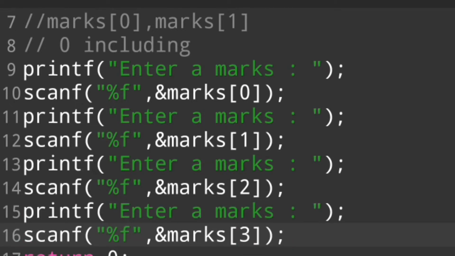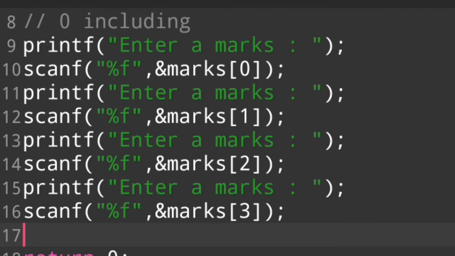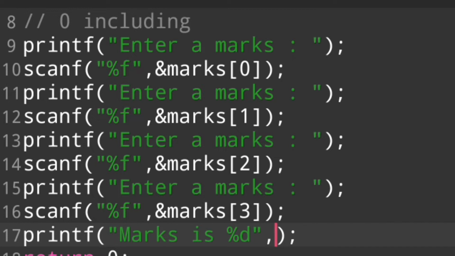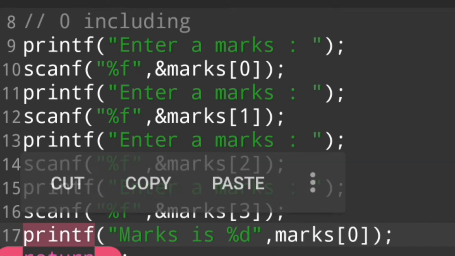In Visual Studio Code we cannot declare array index 4 because 4 is excluded. If we say printf marks is, we say %d comma marks 0, and then we print this program.